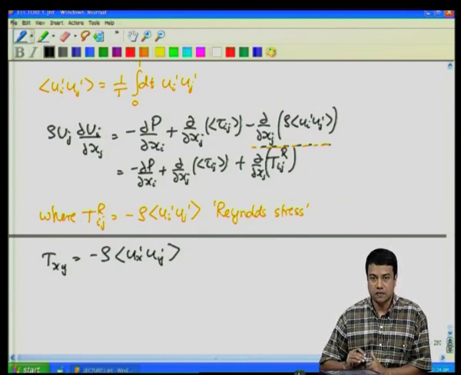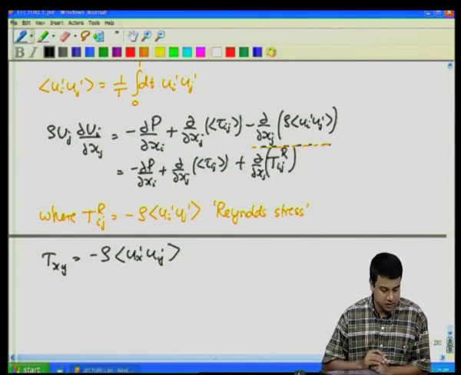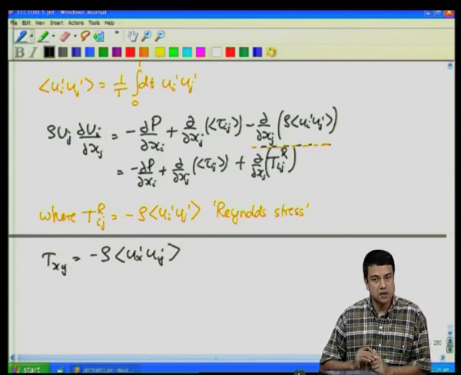However, in the turbulent flow, there are correlations between the fluctuations in the x and y direction. If we have a parcel of fluid with a velocity in the x direction, it has a greater probability of having a fluctuating velocity in the minus y direction. Because of that, these parcels of fluid transport momentum across the flow and result in an augmented stress, which is this Reynolds stress. They also result in a dissipation of energy, because there is an additional mechanism for energy dissipation in the turbulent flow. Let us look at that by writing down the energy balance equation in this case.